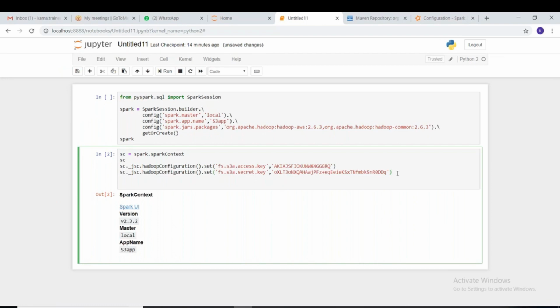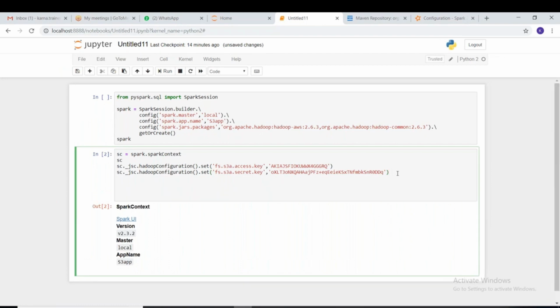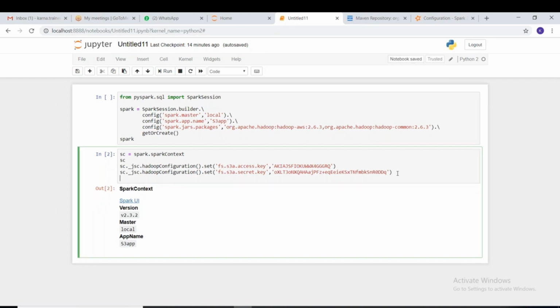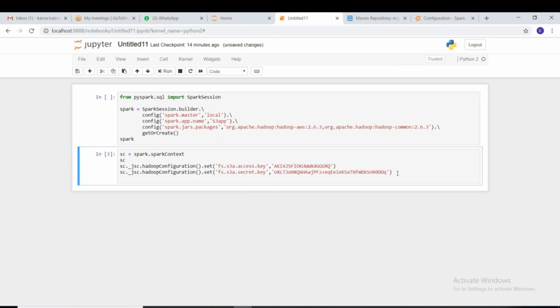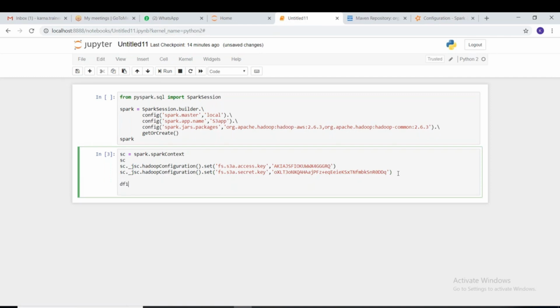Fine. So after this, let me run this. Okay, that will be configured with these parameters. Now we can read the data from it. That's df1 equal to sc dot text file.